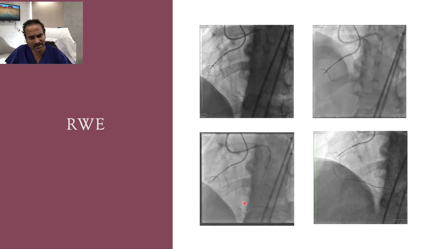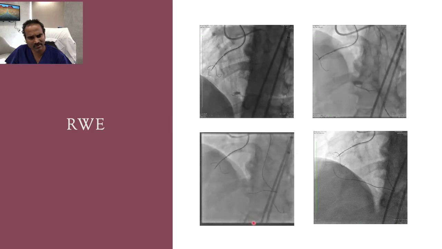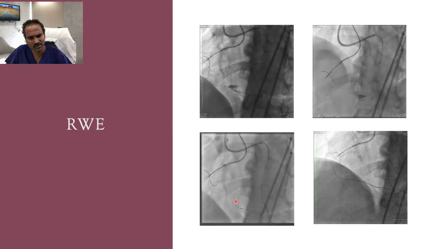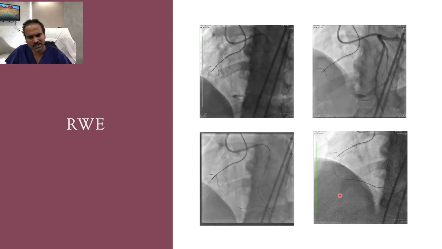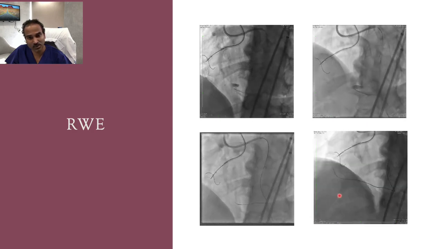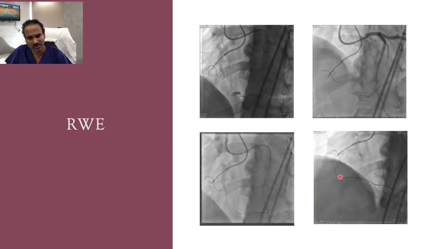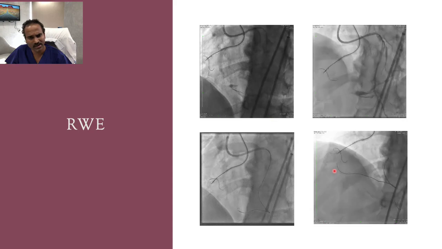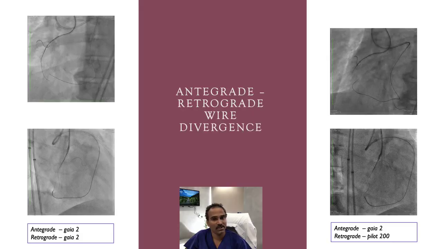Initially I tried with Fielder XTR, but as this wire is floppy, it was just looping into the ectasia. So we escalated to Gaia 2, which is more directable, and we directed the Gaia wire into the mid RCA. So it just went. After retrograde wire in mid RCA, we escalated the antegrade wire to Gaia 2, and we can see